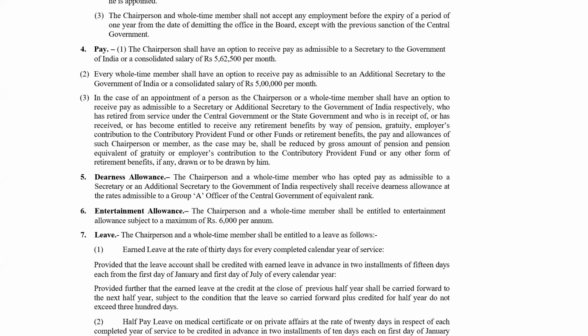इतना तो कम से कम याद आपको रखना है, ठीक है। अगर और कुछ नहीं भी पढ़ोगे इसमें तो कम से कम ये दो फिगर्स जरूर याद रख लीजिएगा, 5,62,500 और 5 लाख। फुल टाइम मेंबर का 5 लाख और चेयरपर्सन का 5,62,500। एंटरटेनमेंट अलाउंस है 6,000 पर मंथ, ये भी याद होना चाहिए, ठीक है।